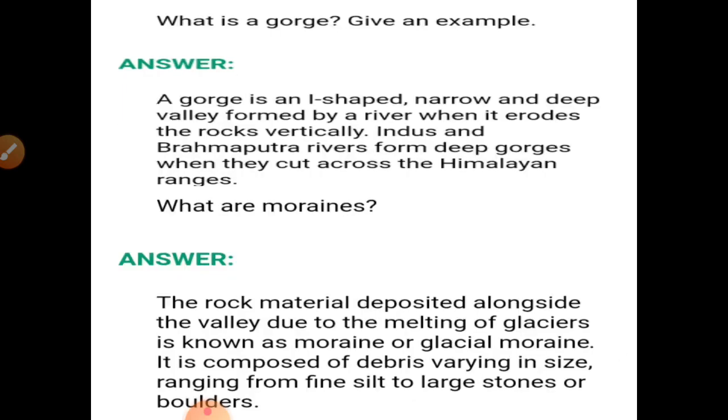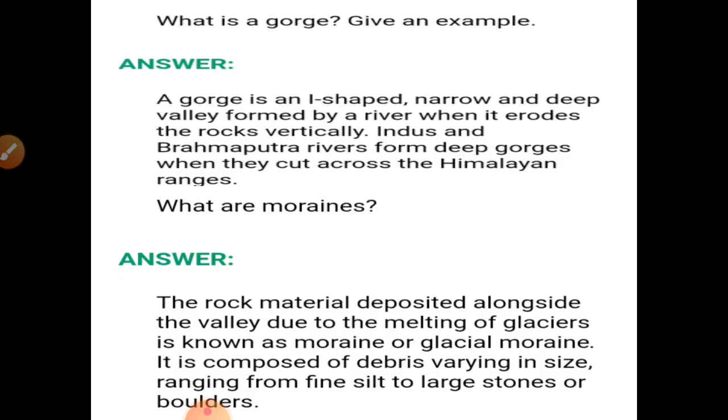Next question is: differentiate between gorges and moraines. So its answer will be: a gorge is an eye-shaped, narrow and deep valley formed by a river when it erodes the rock vertically. Indus and Brahmaputra rivers